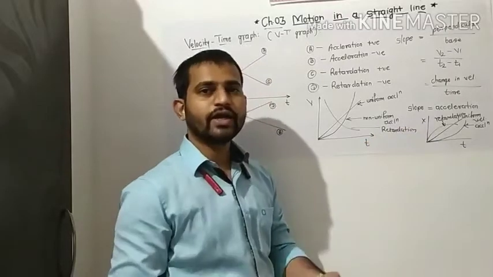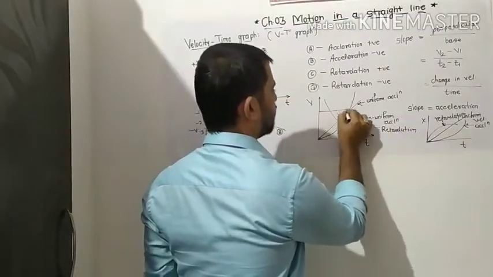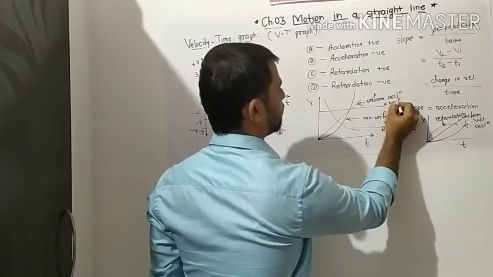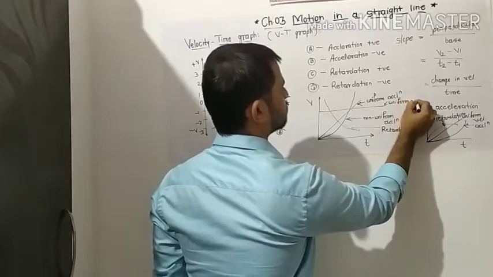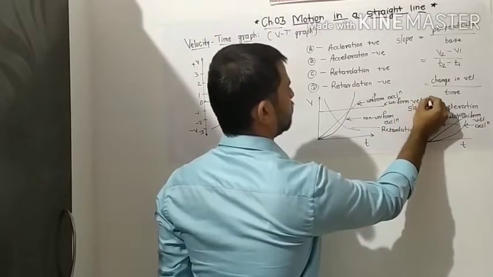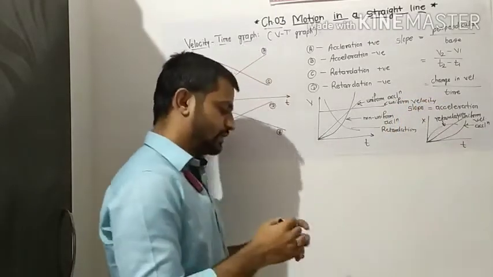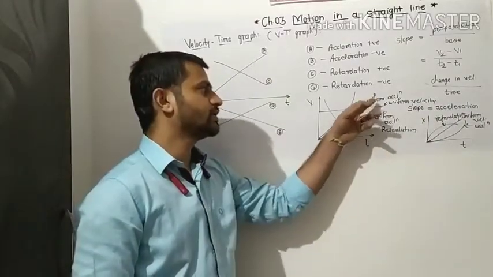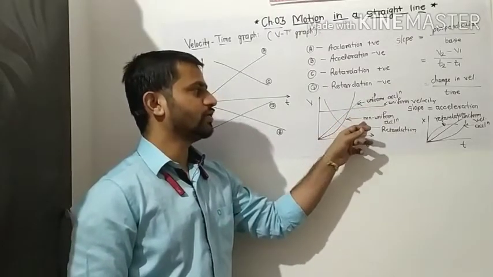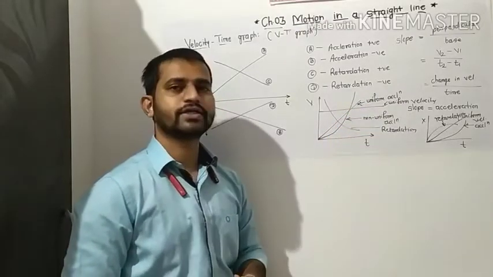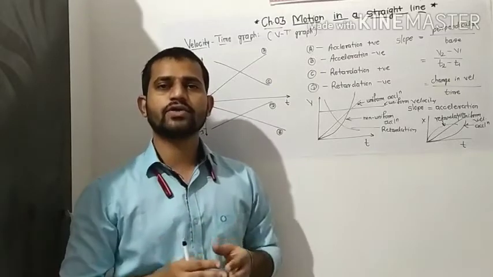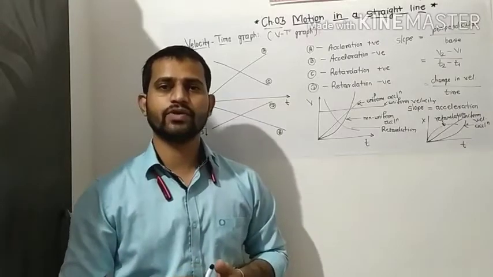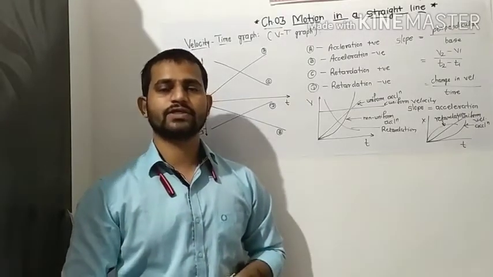And if we are getting a curve like one straight line, then we can call it uniform velocity. Okay, so this is the combined curve for all the quantities. The uniform acceleration is there, the uniform velocity is there, non-uniform acceleration is there, the retardation is there. So from observing one curve we can get a number of physical quantities.